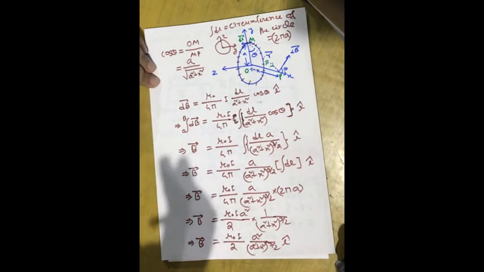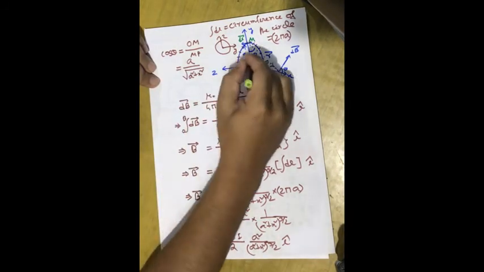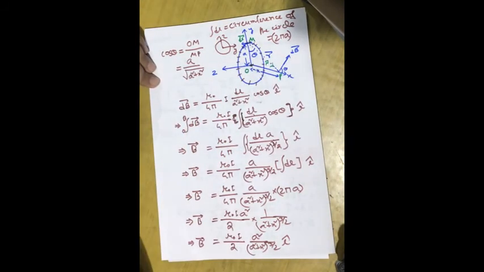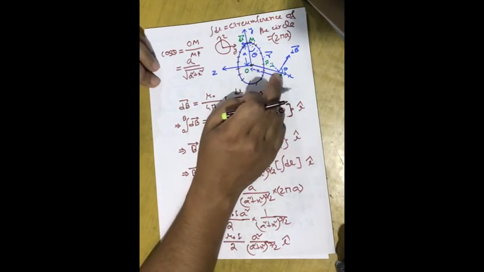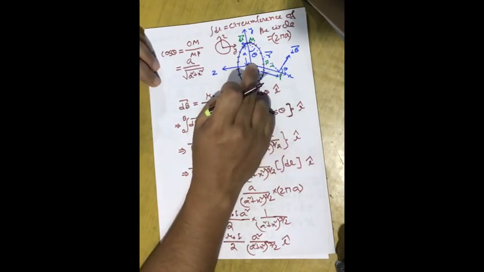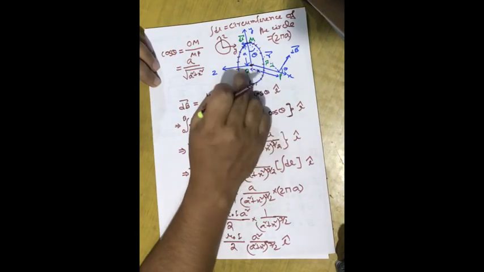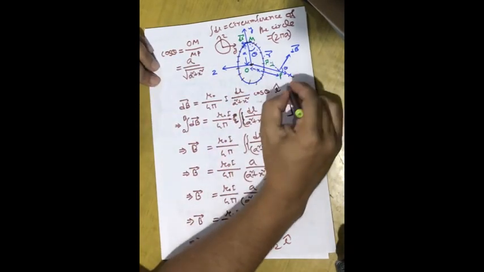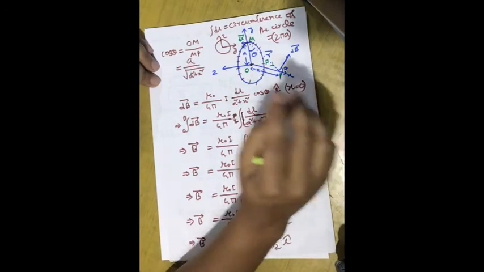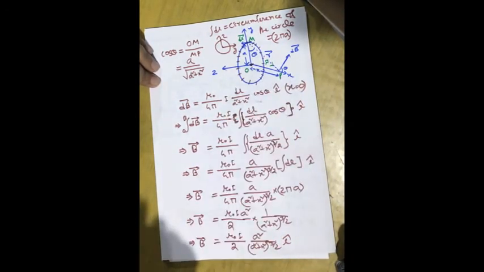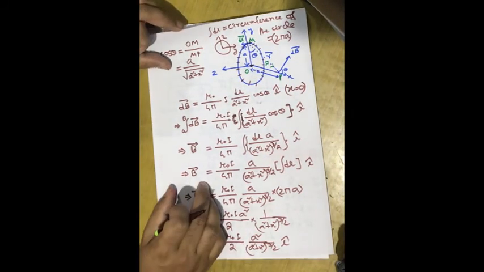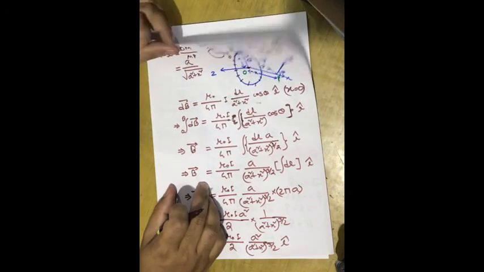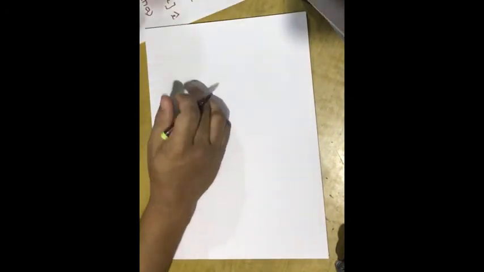Now if somebody asks what is the value of the magnetic field at the center of the loop, then this point P will be at O. So the distance between the point O and P will be 0, so x is 0 in that case. For the center of the loop, x is equal to 0. So to find the magnetic field at the center of the loop, you just have to put x equal to 0. Let me do it again. The magnetic field at the center of the loop,